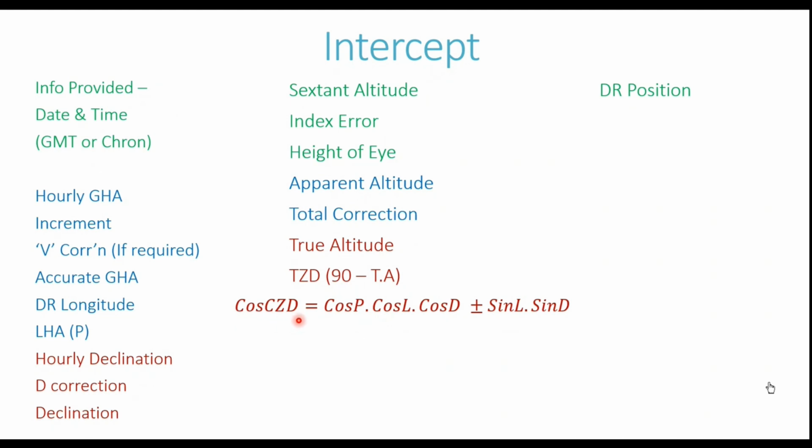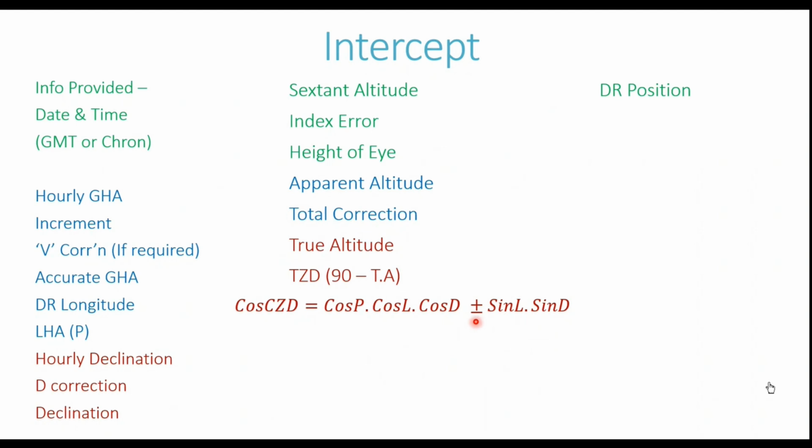So cos of CZD, that is the calculated zenith distance, is equal to cos of P. P is the angle P of the PZX triangle, into cos of latitude. The latitude used here is the DR latitude, into cos of declination. The declination of the body has been obtained from the almanac,